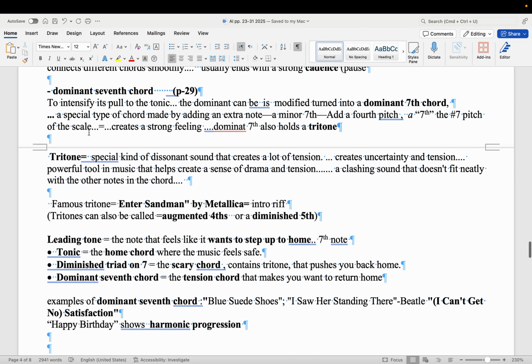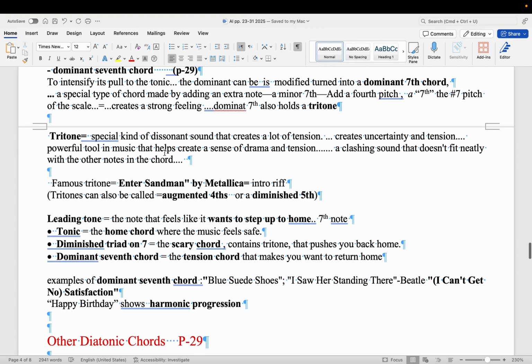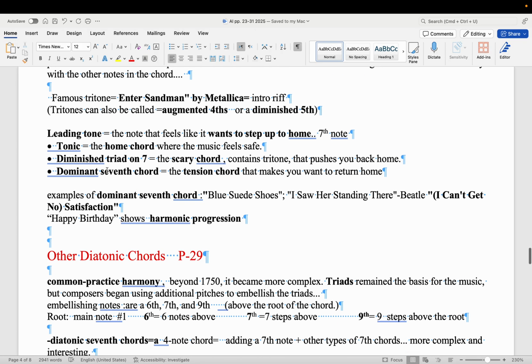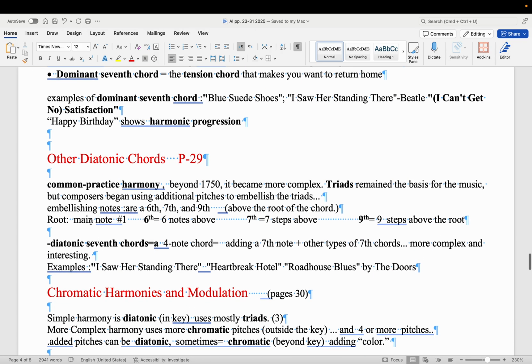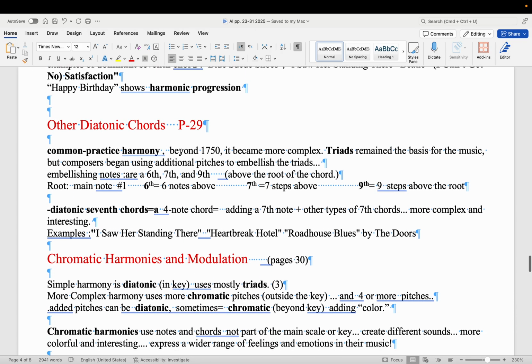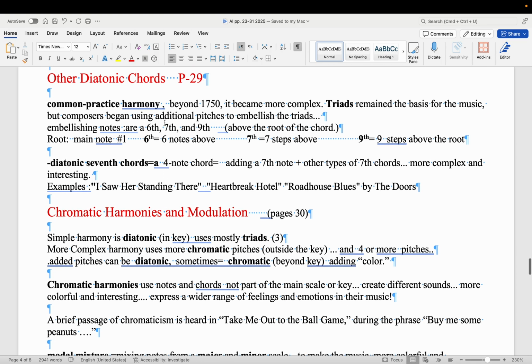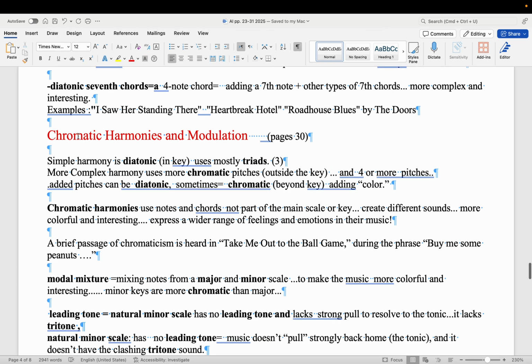Tritone. Tritone is a dominant sound. Tritone is a sound that sounds tense. Musicians will do that on purpose, like Metallica. And again, some more vocab terms. Okay, other diatonic chords. This talks about a couple different types of chords, like a 7th, and then chromatic harmonies